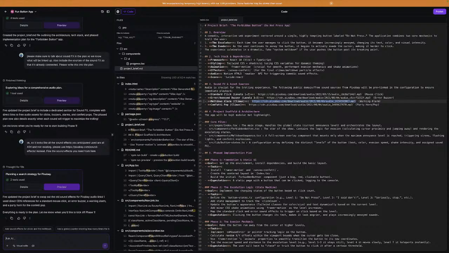So now we're moving from the planning phase, guys, to implementation, right? So let's see, I'm in Cursor. We're going to say, okay, great. Let's go ahead and move into implementation.